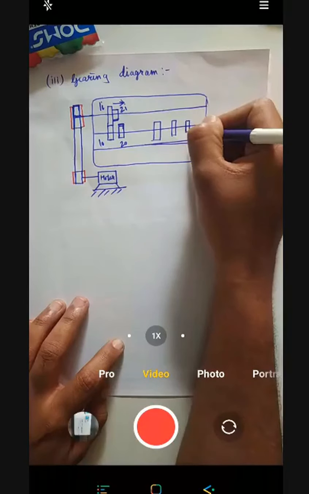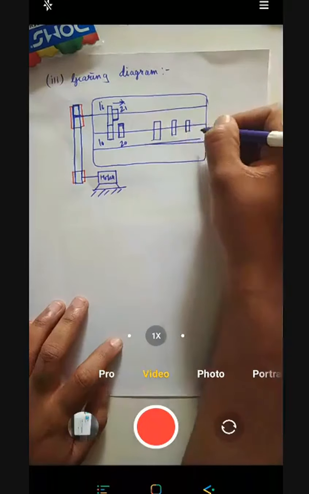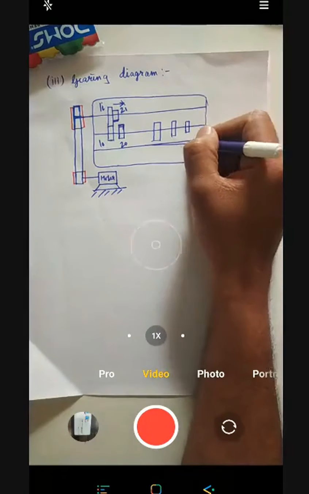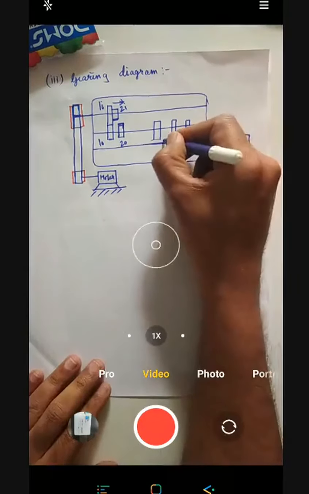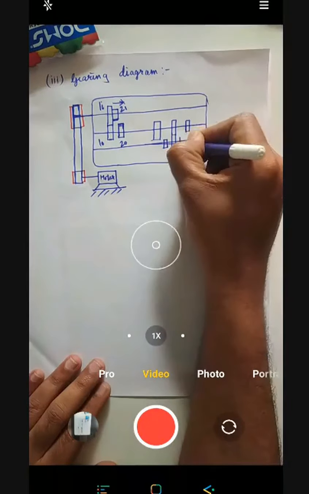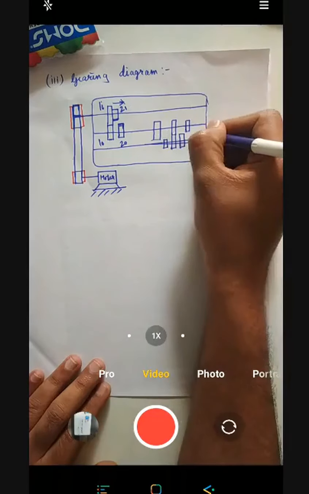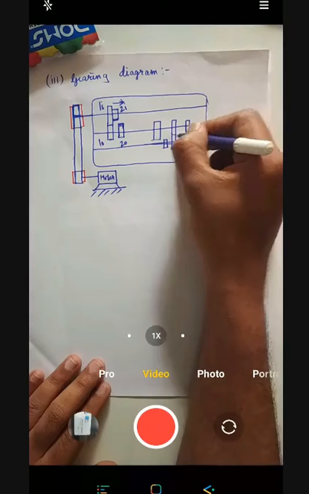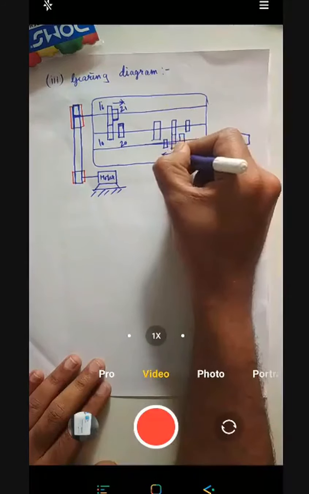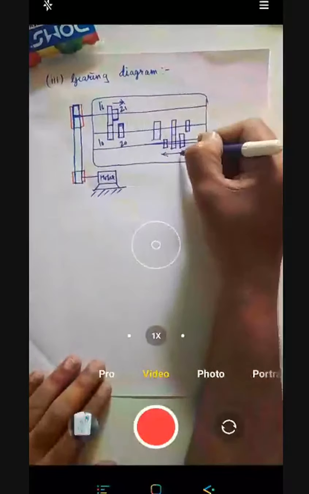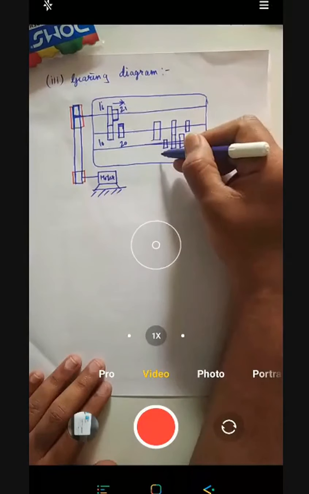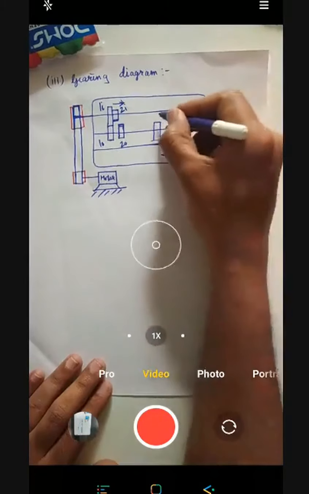See, एक शाफ्ट पर गियर को दूर दूर रखना है, दूसरे शाफ्ट पर गियर को नजदीक नजदीक रखना है. टू एंड फ्रो उसको मूव करेंगे तो वो मैच हो जाएंगे. ठीक है. सो दिस इज ए स्मॉलर एंटिटी, दिस वन इज इन मैश, and again this one will be a bigger entity. तो अगर आगे पीछे मूव करे तो ये कांटेक्ट में आ जाएगा आपका, ये डिसकांटेक्ट हो जाएगा. पीछे मूव करे तो ये कांटेक्ट में आ जाएगा. सो दिस कैन मूव इन बोथ द डायरेक्शन. So this shaft and this shaft will move. This shaft will move for synchro mesh in forward direction. This shaft will move in backward and forward direction. Any one you can use.